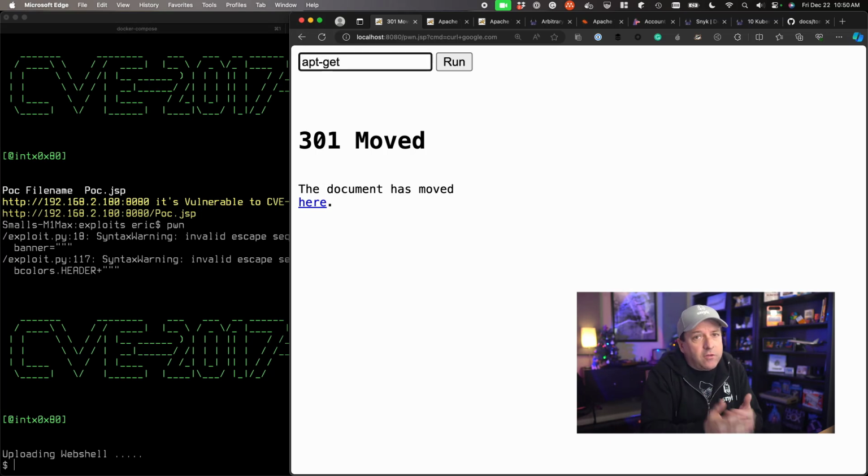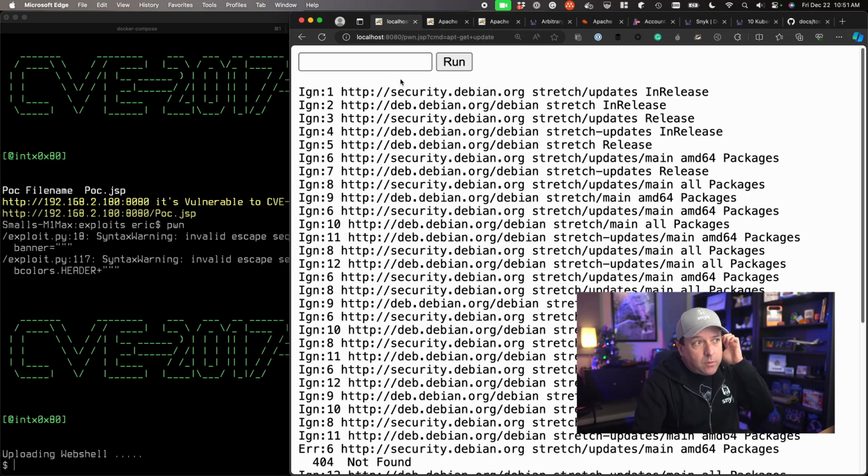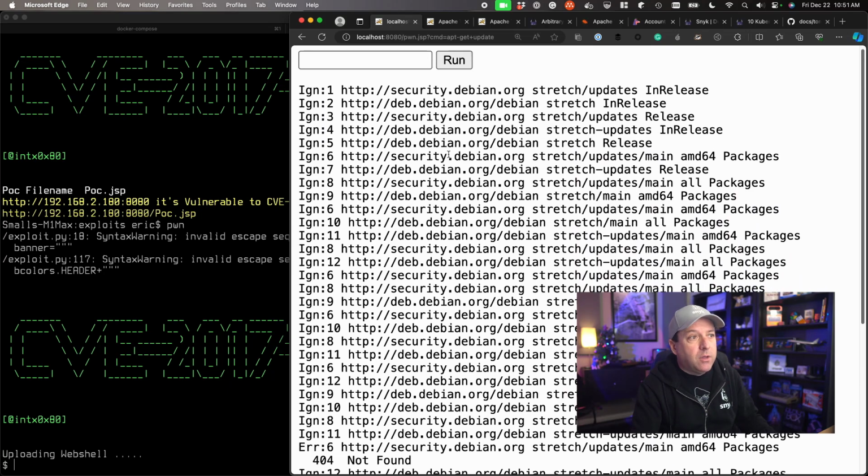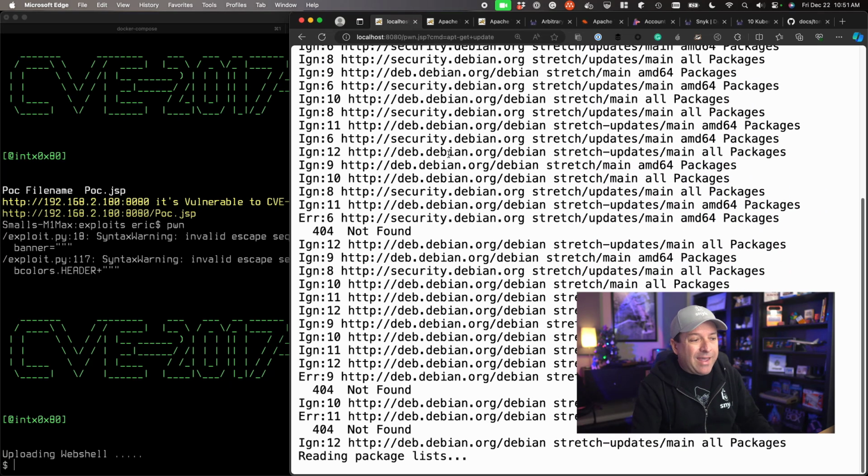So at this point, honestly, I'm probably curling down some scripts and using it to either mine crypto on all the CPU cycles I can get out of this container, or expand my exploit and try to get out to other things on here. But part of that could be apt-get update. And sure enough, it looks like it is going after the Debian APT repositories and getting them.